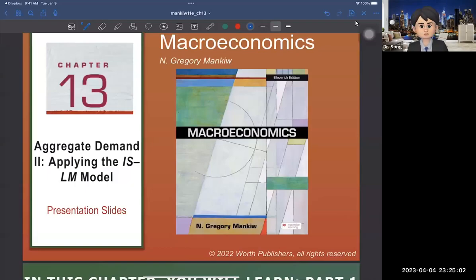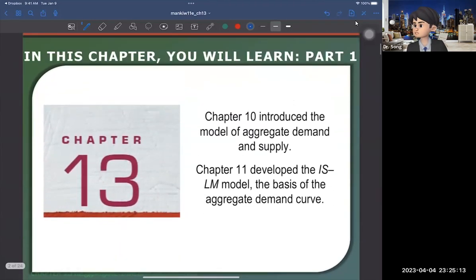Hi, in this video, I'm going to talk about how to use the IS-LM model to derive the downward sloping aggregate demand curve. And we're going to study the IS shock and the LM shocks. So in chapter 10, we derived the downward sloping aggregate demand curve as follows. We have a y-axis, the price level, and the x-axis, the output, and we have a downward sloping aggregate